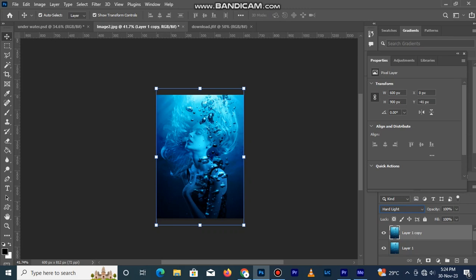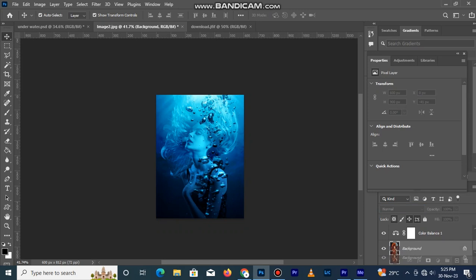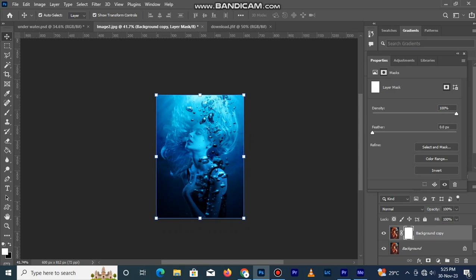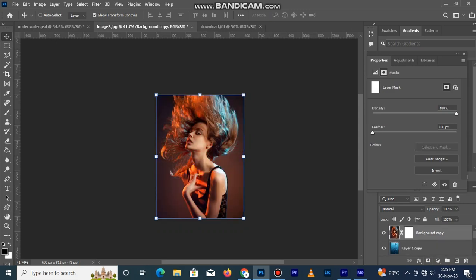Now move down to the background, duplicate this background with Ctrl G, or you drag it down to this plus icon. Right, so create a mask on it, on the image. Now move the background that you just duplicated up. Right, that's cool. So go to image,